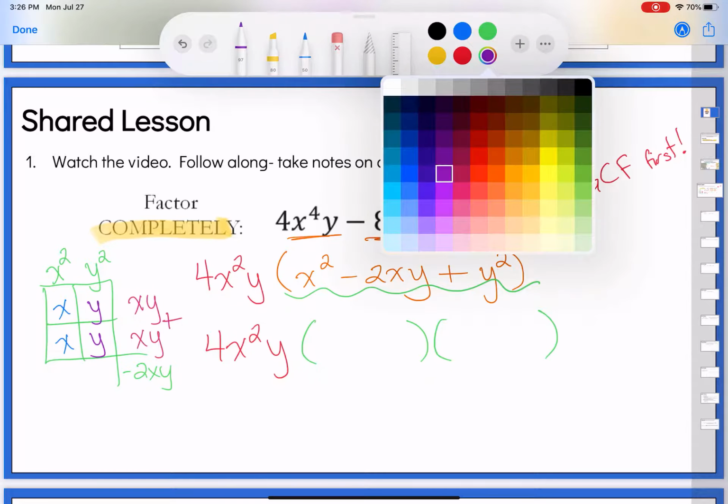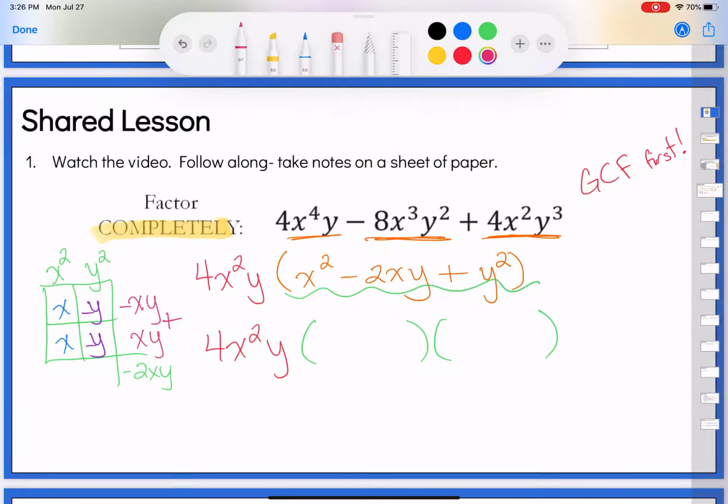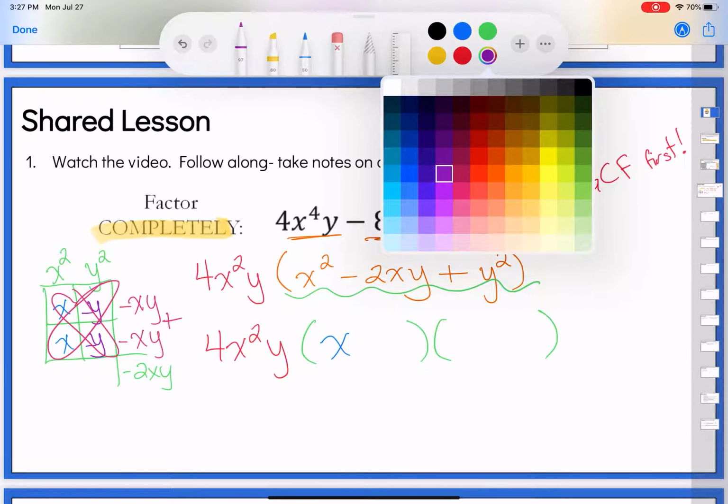Well, that means that this needed to be negative y times negative y. So I get negative xy plus negative xy gives me negative 2xy. And then remember, for your factor, if you're a factor box user, the diagonals are the things that go into my parentheses. So this would be x minus y